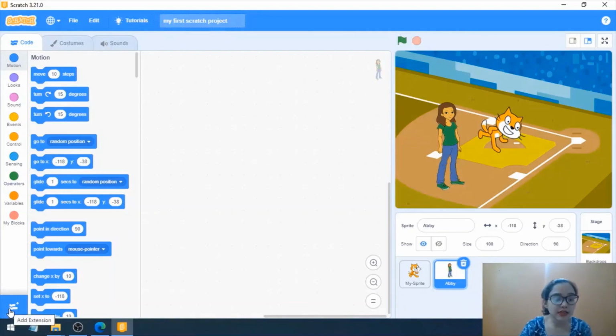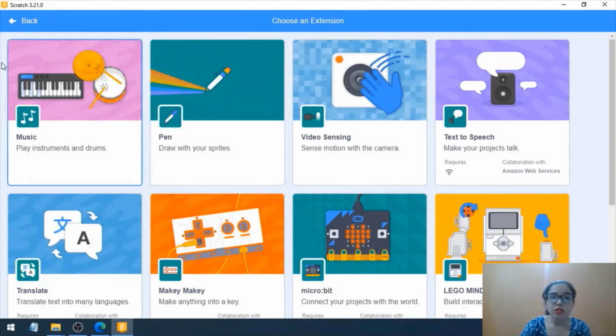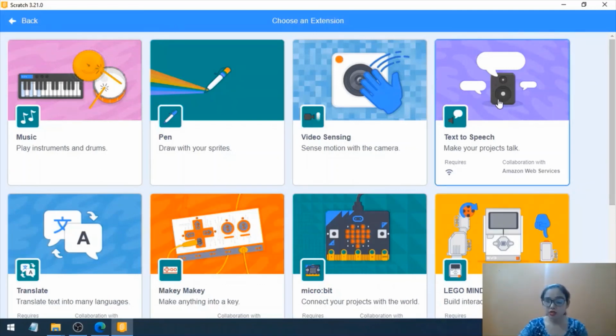Yeah, one thing is left, which is add extension. Let's click on this also. With the help of add extension, we can have different things added to our Scratch project. Like we can have text to speech. You can put in text and it can be converted into speech sound. You can have the microcontroller. You can connect your project to the microcontroller. You can connect it to Lego games, right?